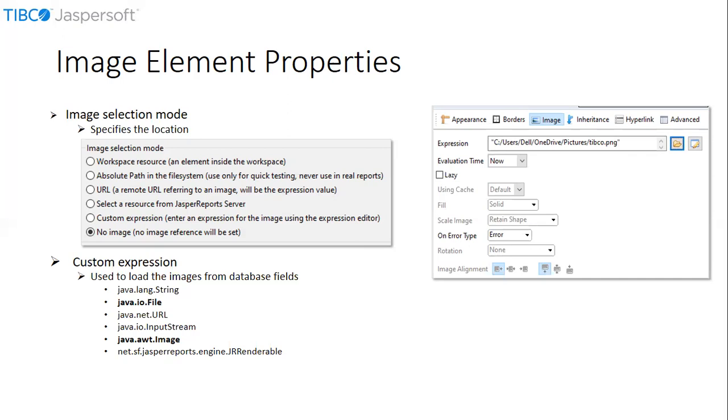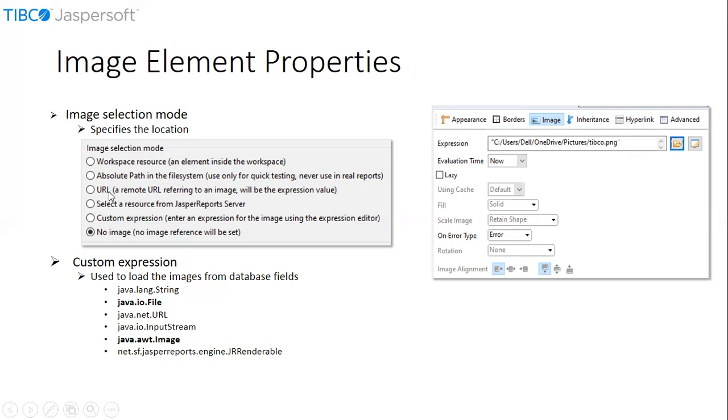Absolute path option indicates that an image can be located from the physical drive path in the system. We generally avoid taking absolute path in the file system when we publish the reports to the server. This is basically used for unit testing purposes.